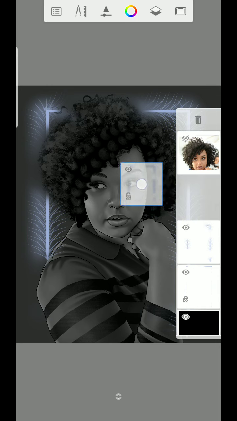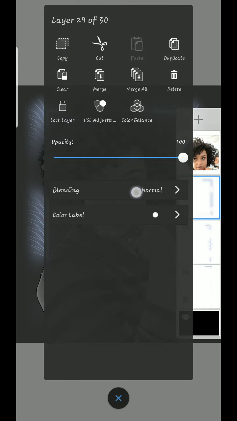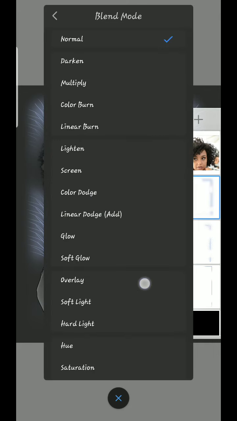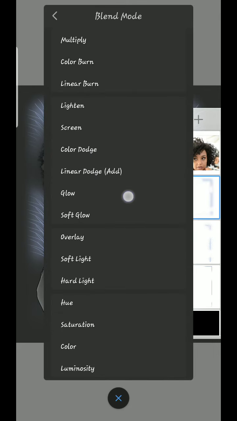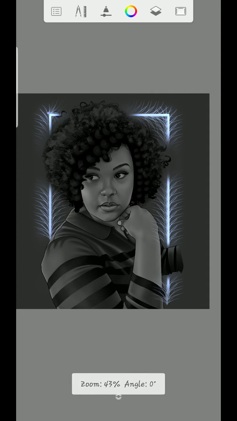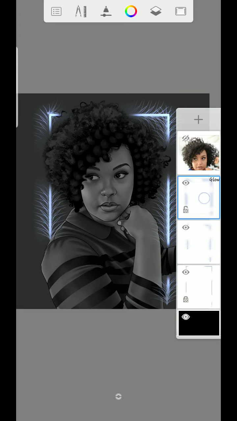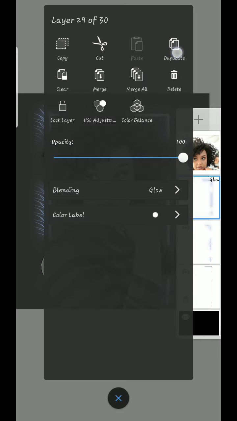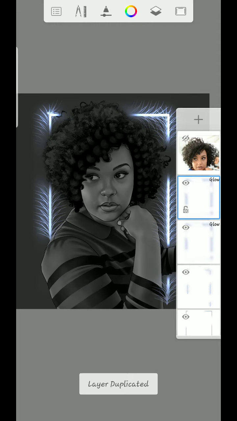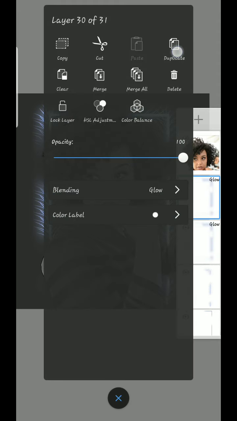this one right here, I'm going to click the layer, then click blending, then scroll down, then you see glow. So you will set it into a glow. You can see it's now glowing. So I will click it again. I'm going to click it, then click duplicate, click it again,